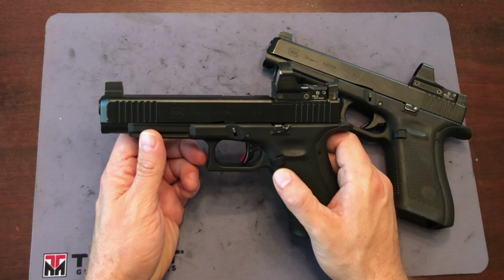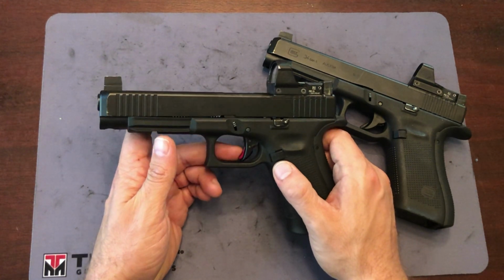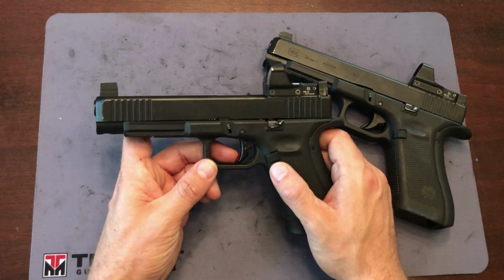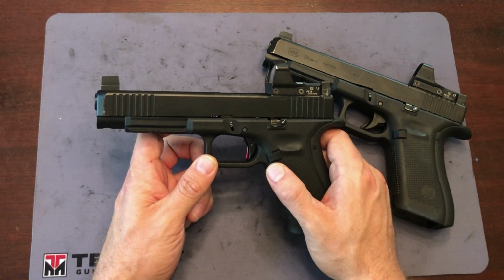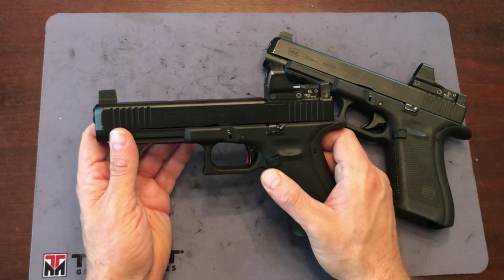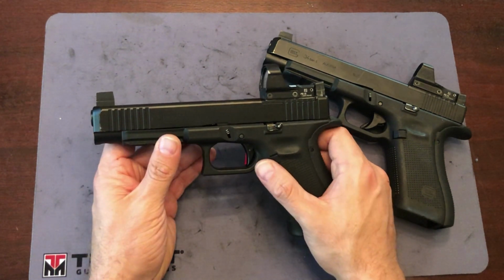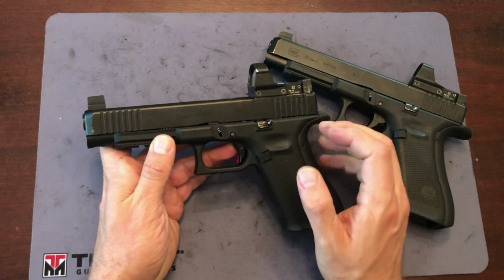And on top of that, it actually reduces the trigger reach. It is easier to reach the trigger face, so it is easier for me to shoot this trigger. Now, it does not have an over travel adjustment. Once you actually start the trigger moving, the throw is going to be roughly the same as any other Glock pistol. But the big claim to fame with the Overwatch, beyond the actual shoe and safety itself, is the trigger